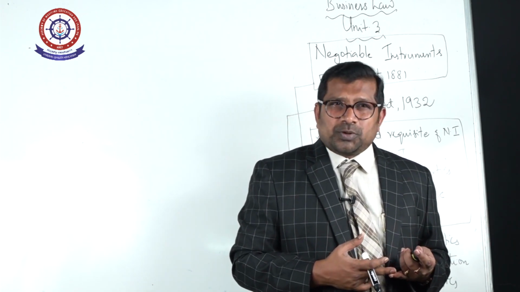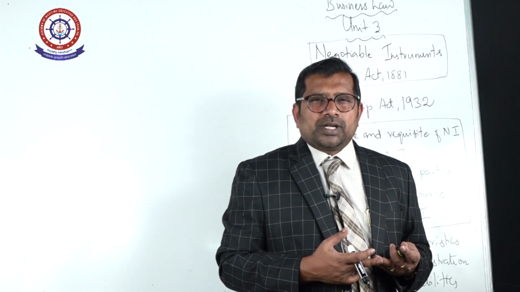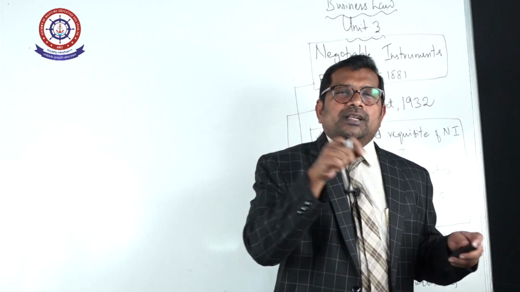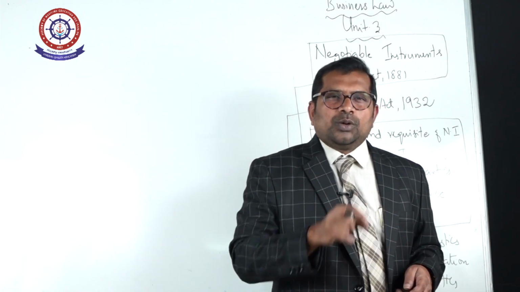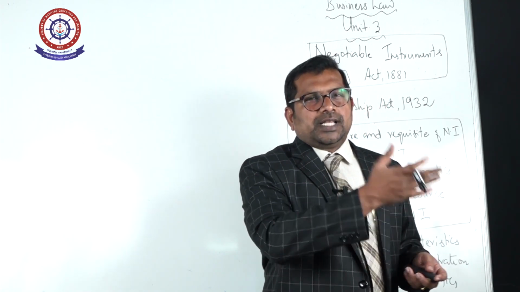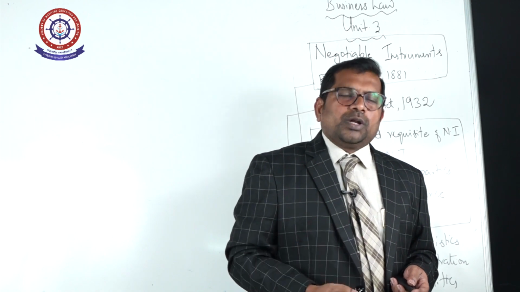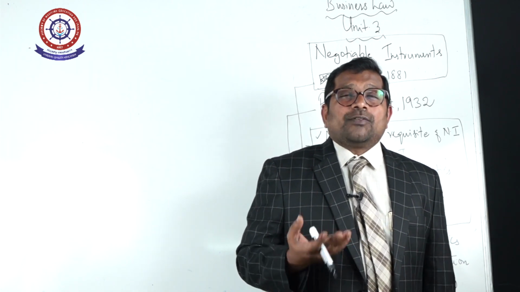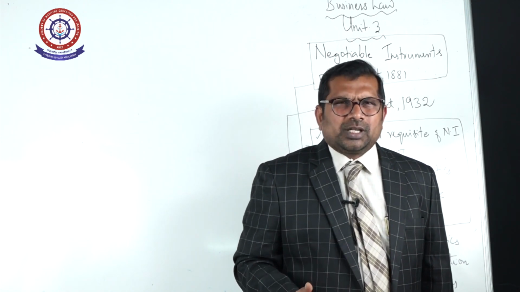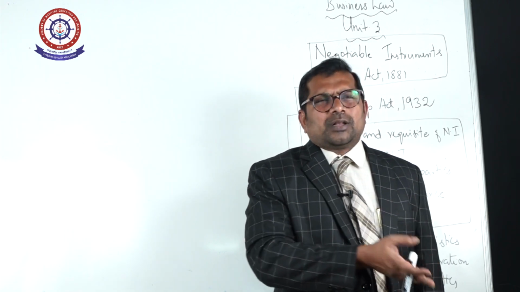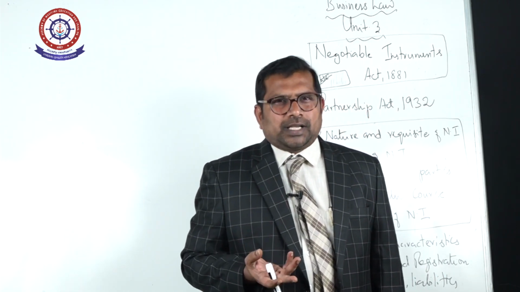One is within the scope of the business. Second one is effected in the usual way. Third one, the third party involved in the transaction either knows or believes the partner is acting as a partner. Point number two, unaware of any lack of authority. Lack of authority means what? Even the non-partner who is believed to be a partner.